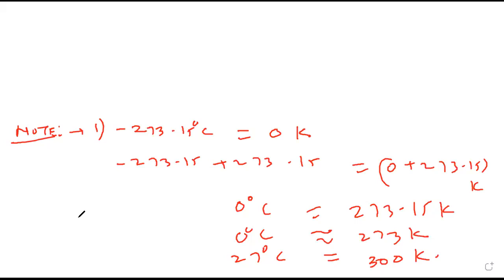So absolute zero or 0 Kelvin is the temperature at which pressure and volume become zero and gas will cease to move. That temperature is called absolute zero or 0 Kelvin, where gas molecules do not move, they cease to move. I'm clearing this point. One small definition, then two numericals.